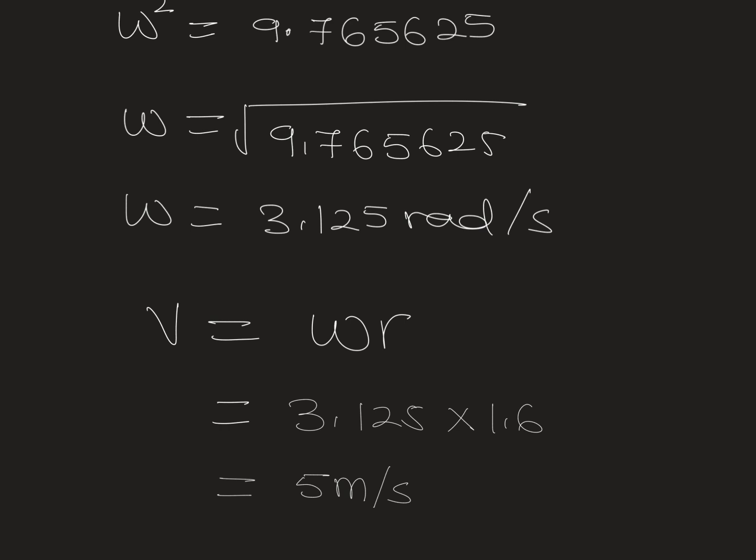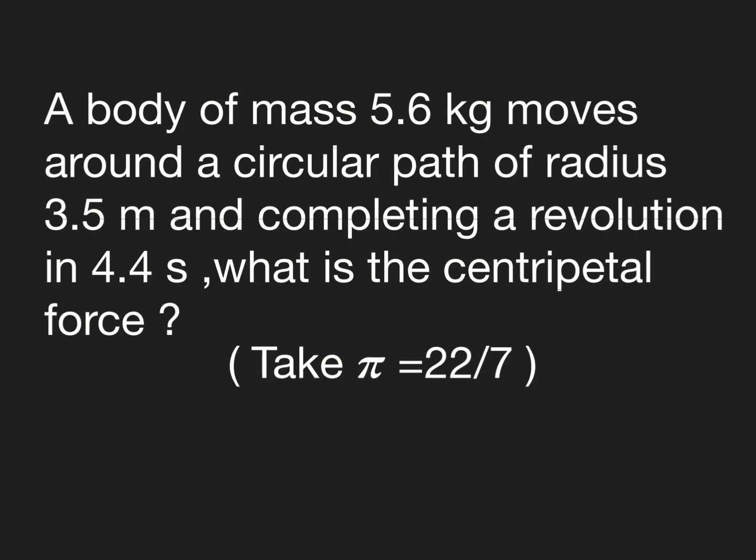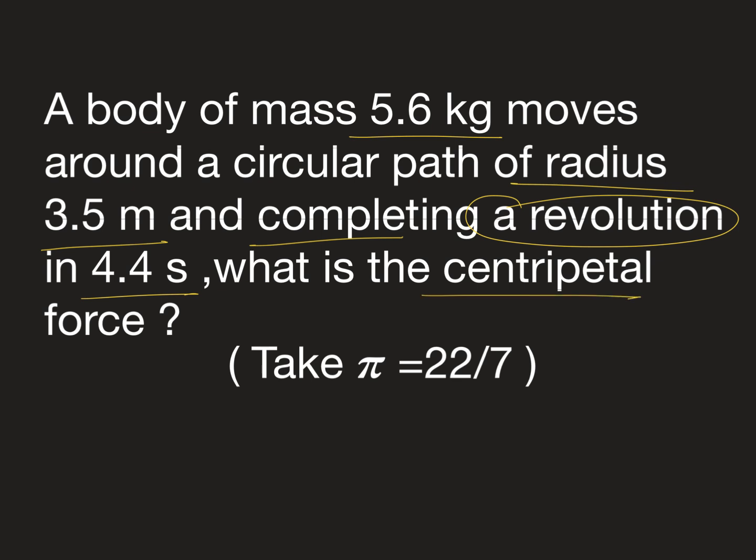linear velocity. A body of mass 5.6 kilograms moves around a circular path of radius 3.5 meters, completing a revolution in 4.4 seconds. What is the centripetal force? Take pi as 22/7. Solution: